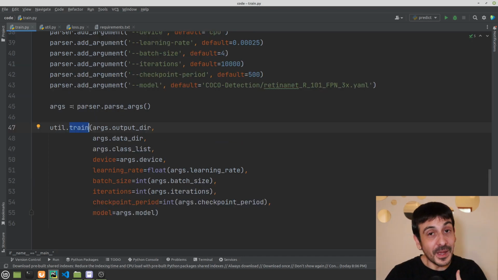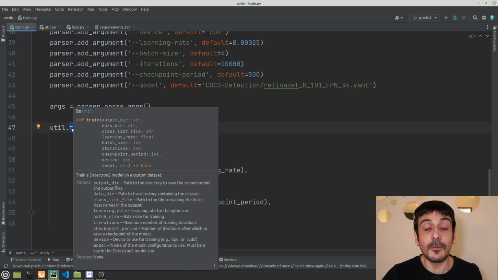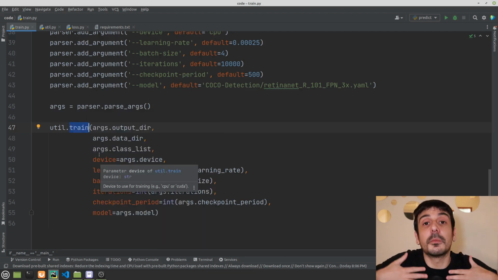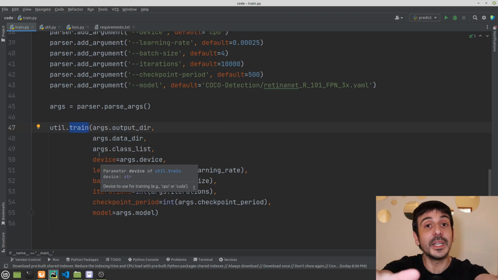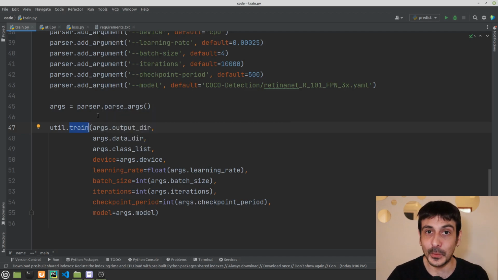I don't know about you, but in my case, Detectron2, YOLO V8, or whatever other machine learning framework or algorithm you can think of, are only tools I use to solve my problems. So being able to train an object detector using Detectron2 by just calling a function like this from a very high level is amazing for me. If you're anything like me, then you're going to be super happy with this function. And if that's the case, then just jump to the next chapter, where I'm going to show you how to continue this training process and how to do this training from a Google Colab.